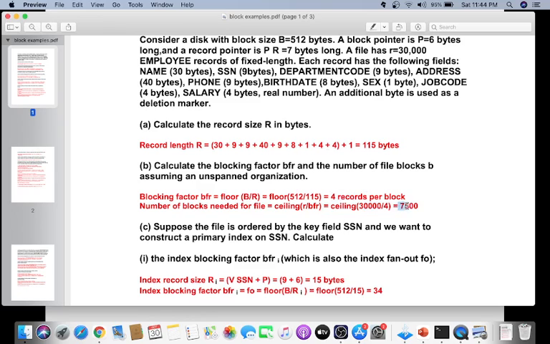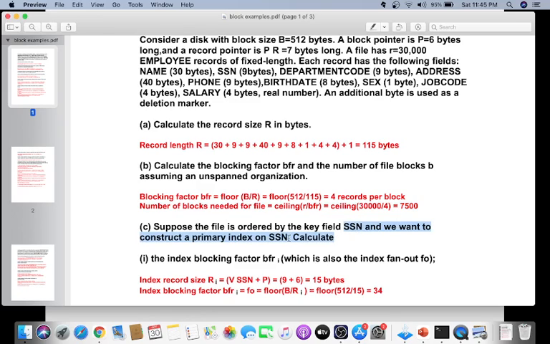So it is 7,500. So 7,500 blocks will be required to store the data. The hard disk will be required to store the data alone, that is these 30,000 records alone. Now if we have a primary indexing mechanism using the SSN value.